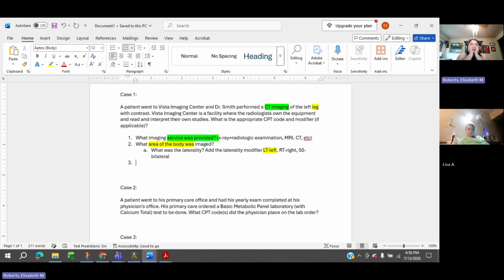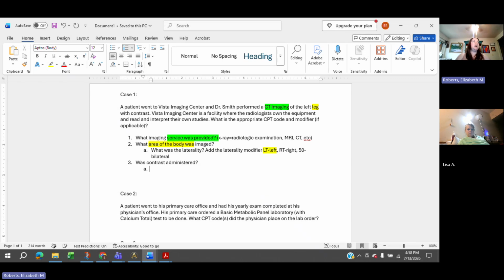Next question. Okay, what do we got here? So we have imaging with contrast administered. There are lots of different types of contrast. Contrast can be something that's swallowed, it can be something that's inhaled, it can be something that's injected into the patient. When it comes to CPT coding, the only time that contrast counts for coding purposes is if it is injected. So it must be injected,